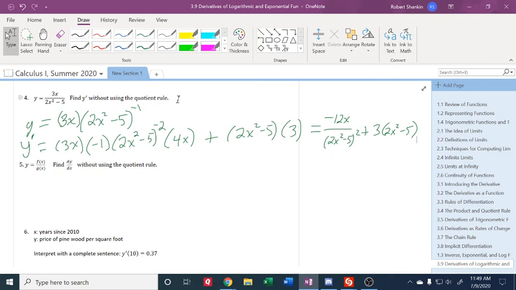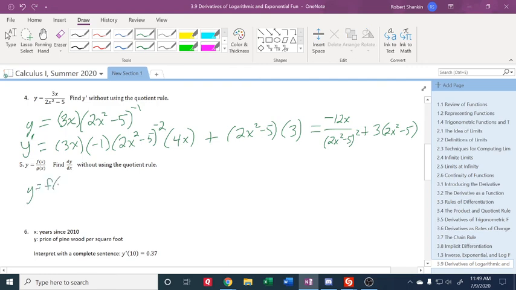Anybody still need more time? So dy dx is equal to the bottom. Now that's if I use the quotient rule, but I'm not using the quotient rule. So let me start all over. I'm going to have to do y